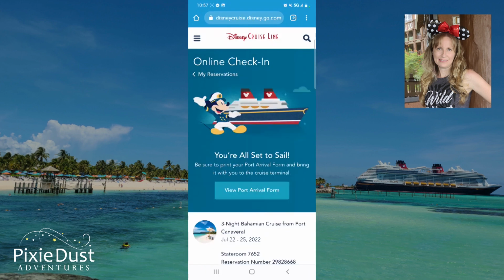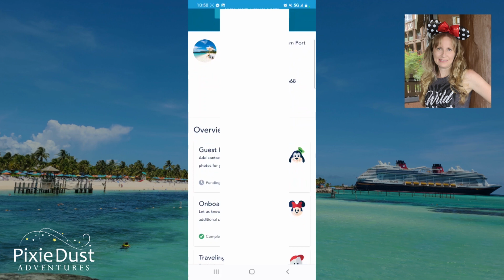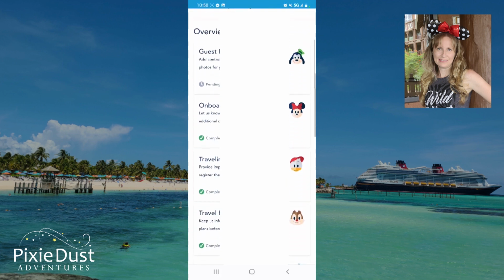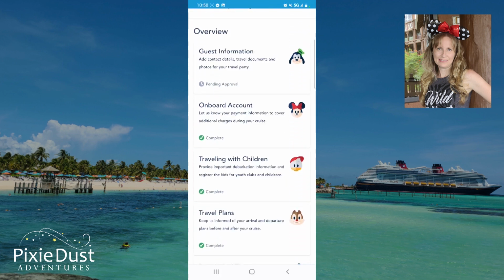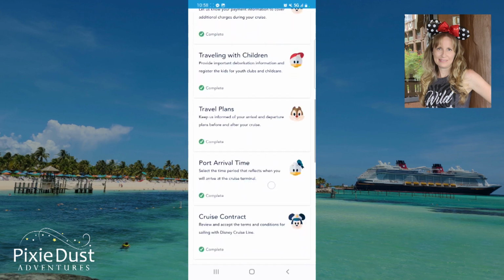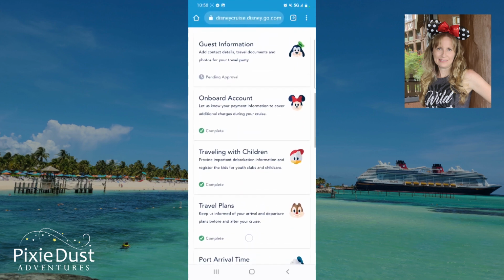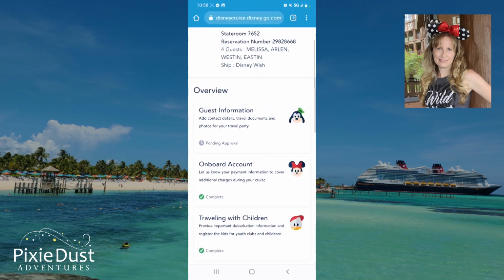And it says online check-in is complete. You're all set to sail. So now when we scroll down on this cruise, look at these critters. They're all in color. Critters, I call them. It's Goofy and Minnie and Huey and Dale and Donald and Captain Mickey. For the cruise contract, you want to make sure that all of these little critters, Mickey and the gang,